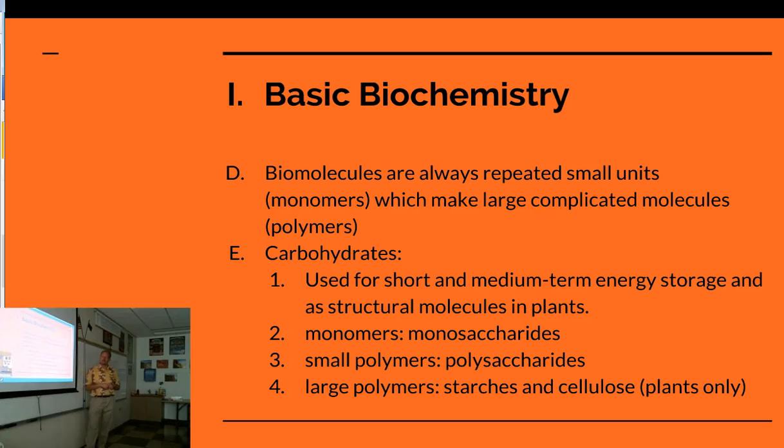Examples of monosaccharides would be like fructose and glucose and things of that nature. Your body can just get the energy out of it really quickly. Medium and long-term energy storage in plants, they tend to string a whole bunch of these sugars together. And they also build the body of the plant, which is usually strings of sugars.